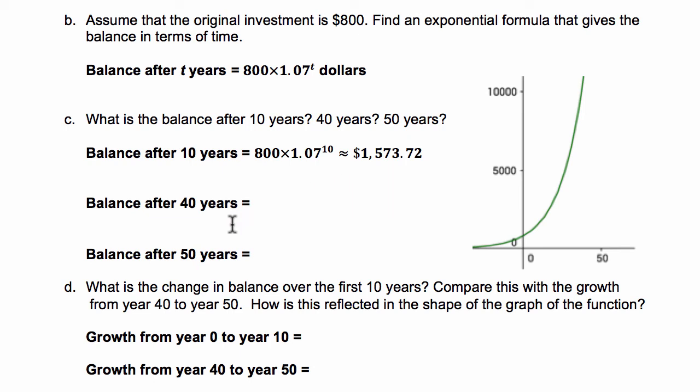The balance after 40 years is 800 times 1.07 to the 40th, which is approximately $11,979.57. Finally, the balance after 50 years is 800 times 1.07 to the 50th power, which is approximately